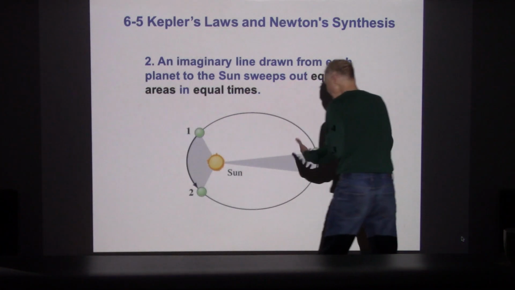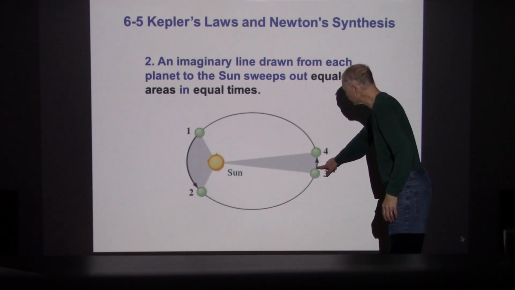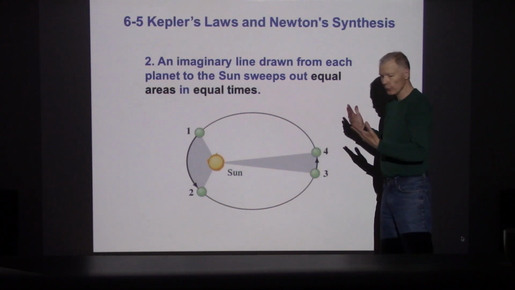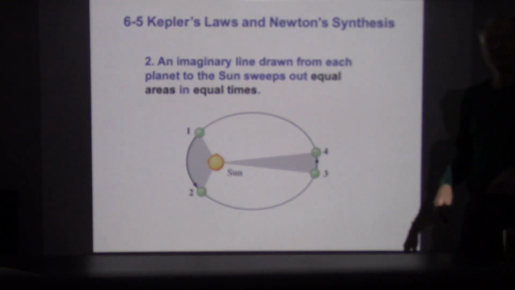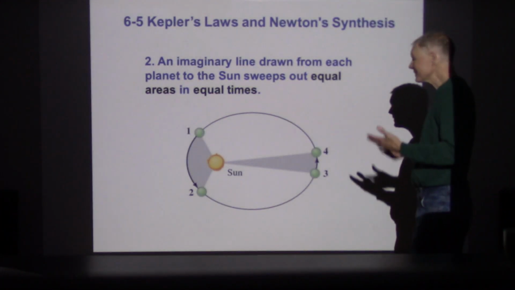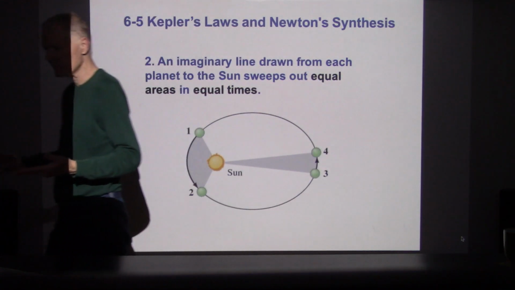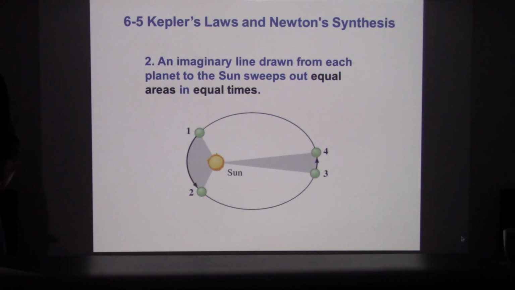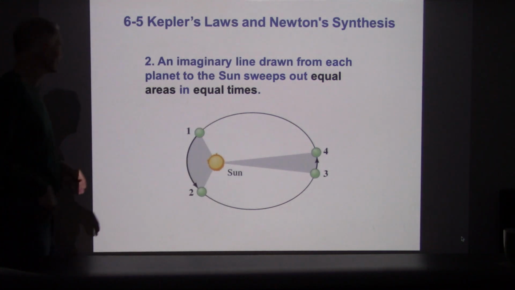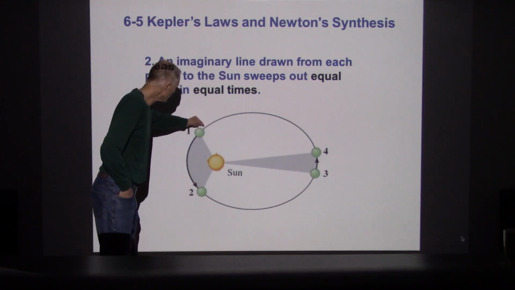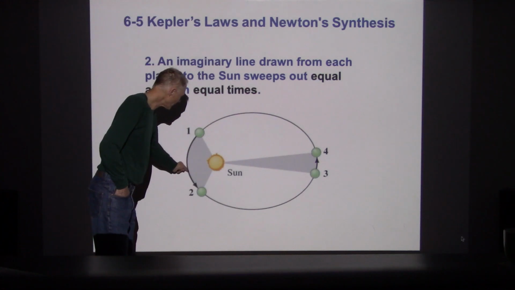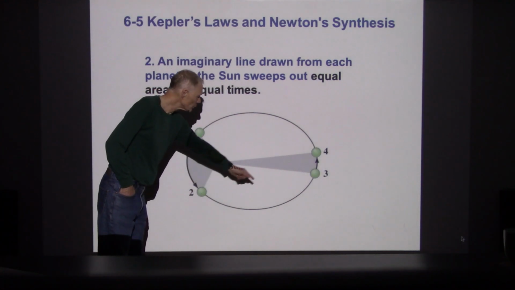Well, if later on we follow the same planet for a couple of months when it's farther away from the sun and measure how far it's traveled, it's different. When the planets are closer to the sun, they're traveling faster. So in these nearer regions of the orbit, the planet travels faster,